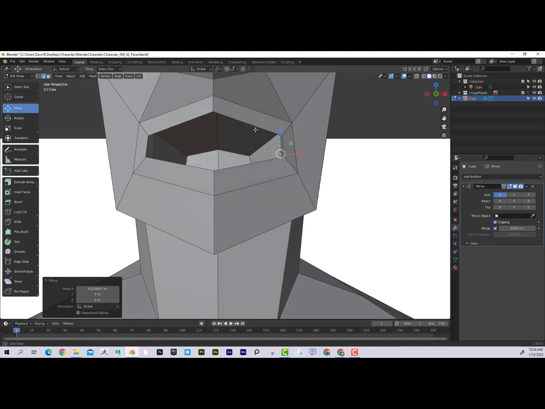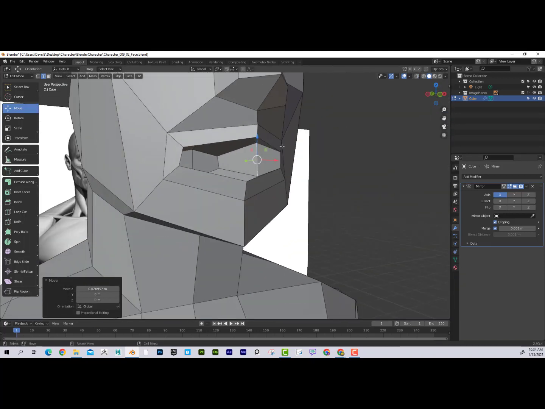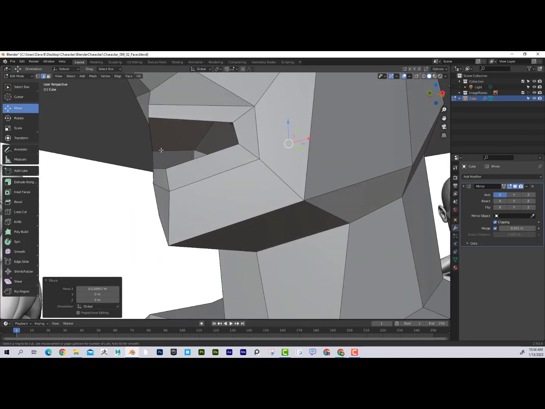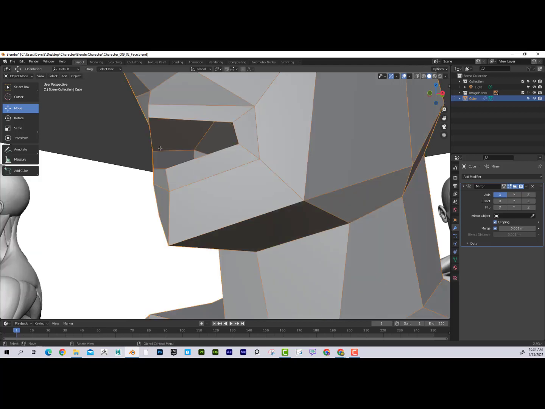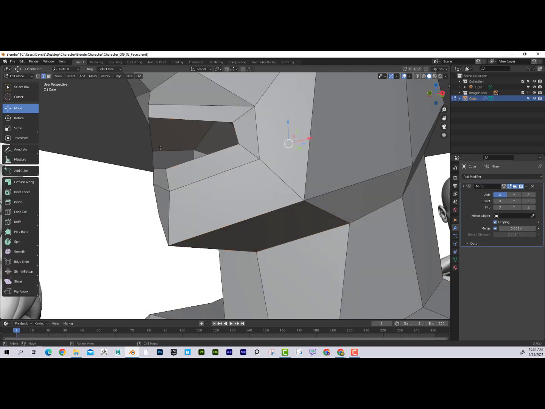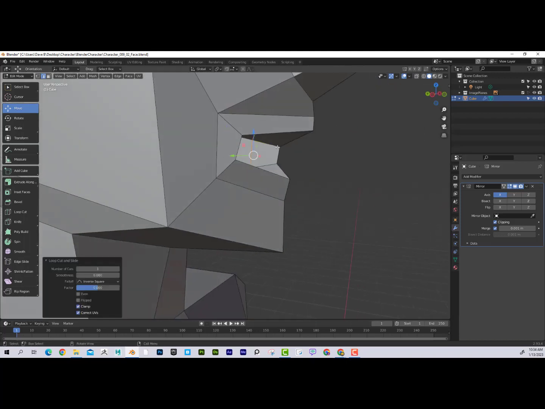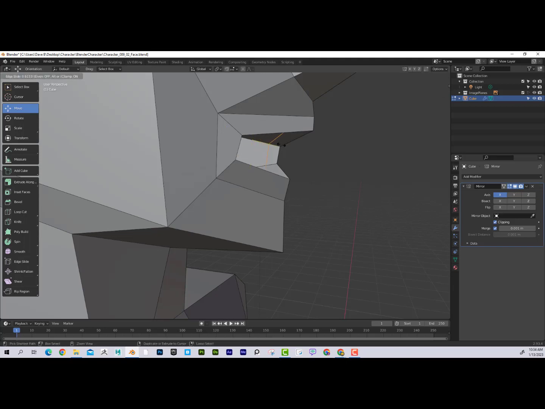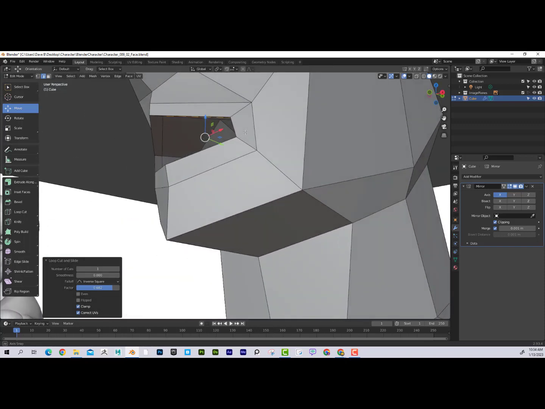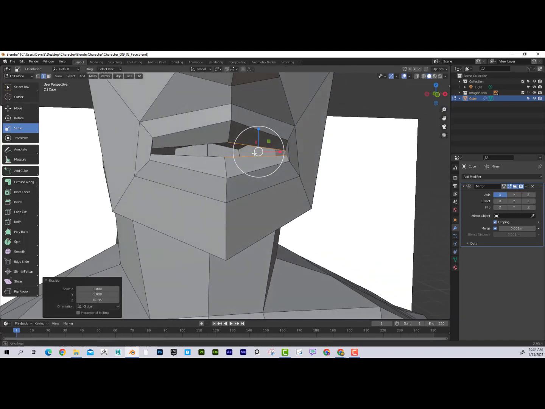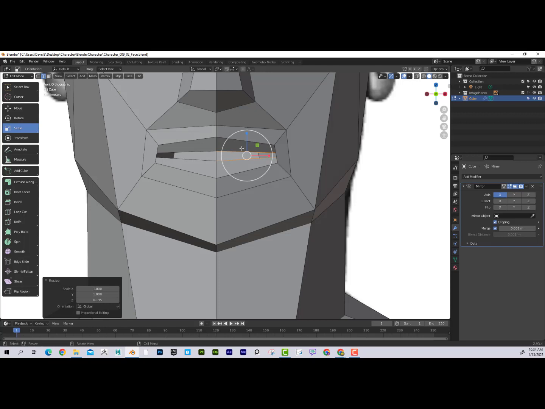Now I can take this off, and now I can kind of see this a little bit better. And I can see how wide the mouth is open. That's okay. I'm going to go Control R right here. Oh, and I can't work on that side. I have to be working on this side because of my mirror modifier. Just kind of bring that close to the end here. And now I'm going to use scale, and that's going to help kind of close this. And again, if I look at it from the front,